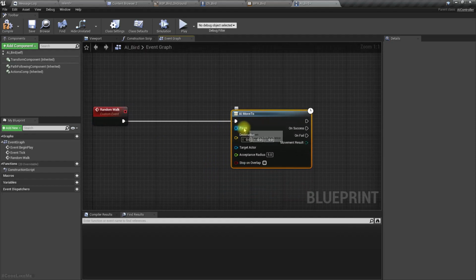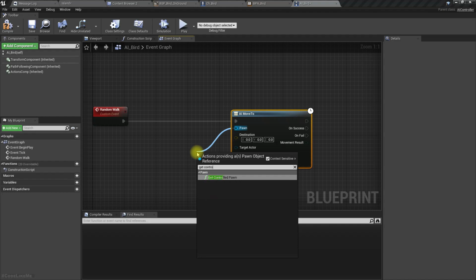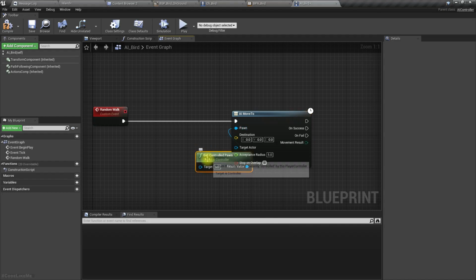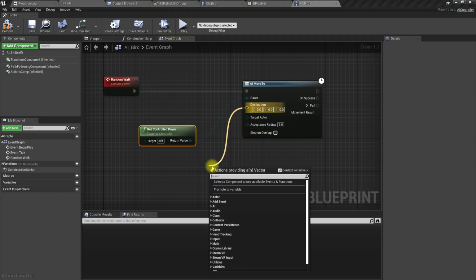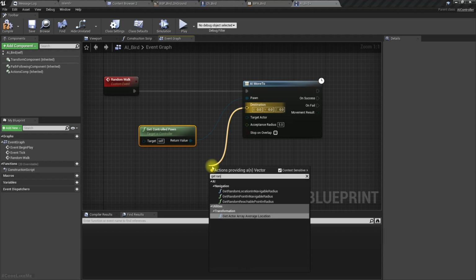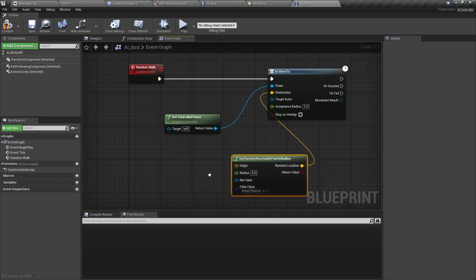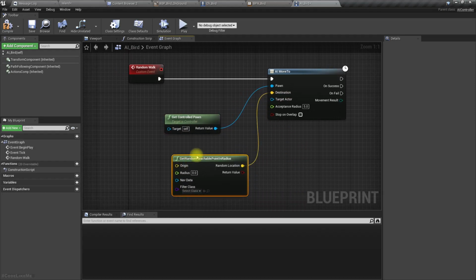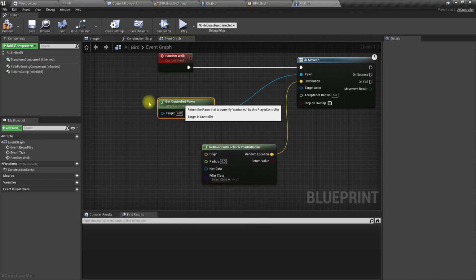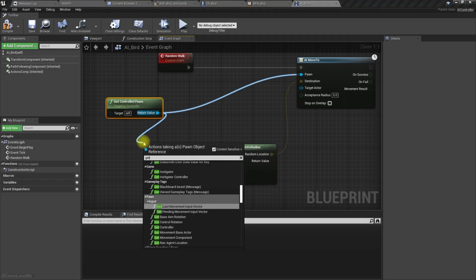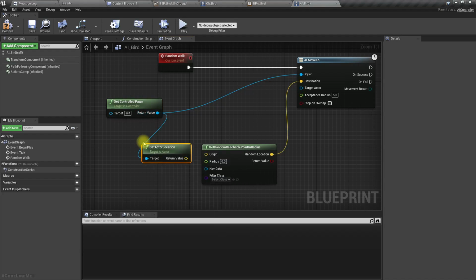As the pawn we can use Get Controlled Pawn, and as the destination we can get Random Reachable Point in Radius. So as the origin, let's get Actor Location.